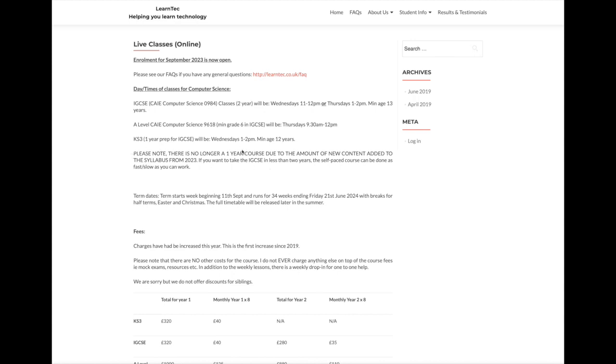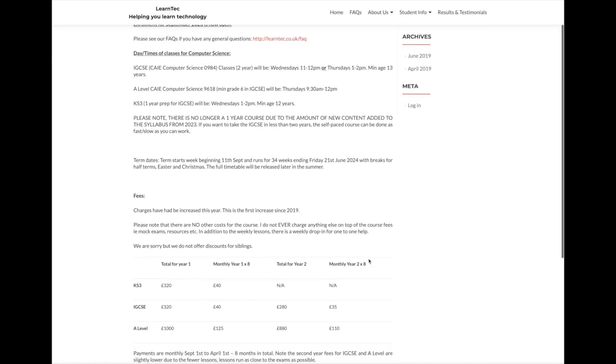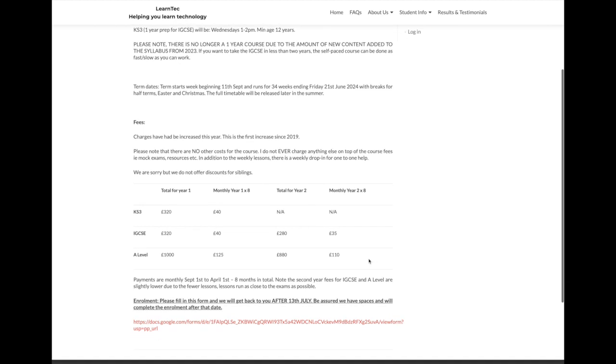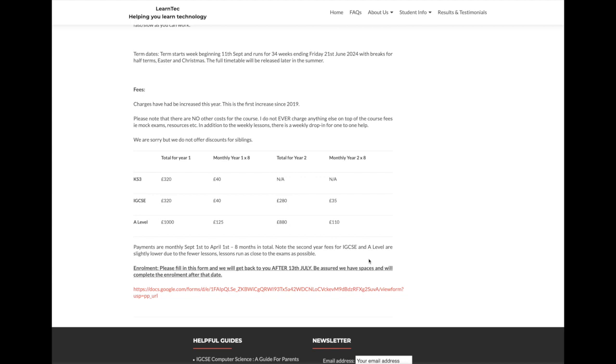Just looking at this page now, it looks like she has increased her prices a little bit since my son studied her course, but I think she's still a little bit more affordable than the Wolsey Hall course. They both cover the syllabus for the Cambridge International Computer Science IGCSE. Julia offers a 2-year live course where they join the class once a week. She gives them homework, she provides them with everything that they need to sit the exam at the end of